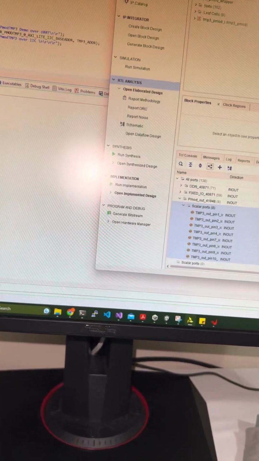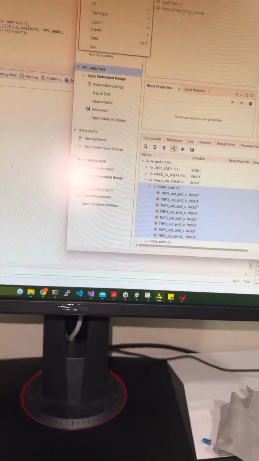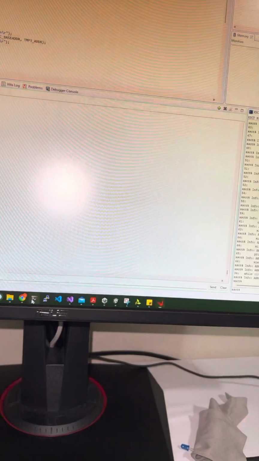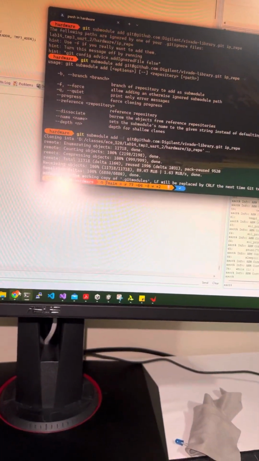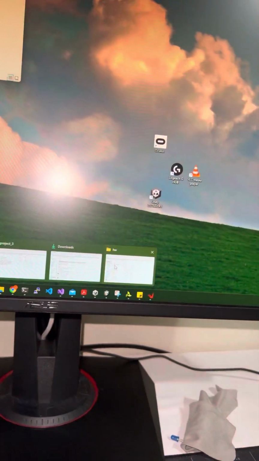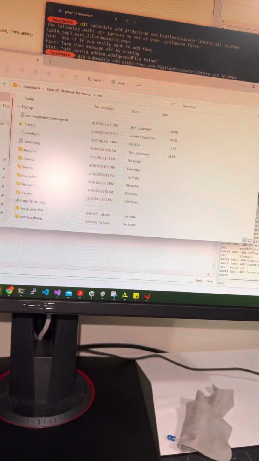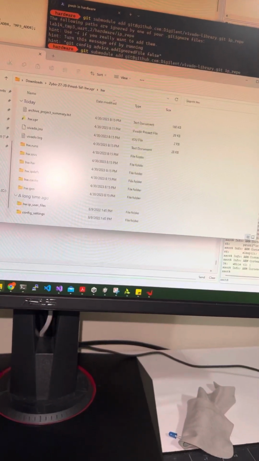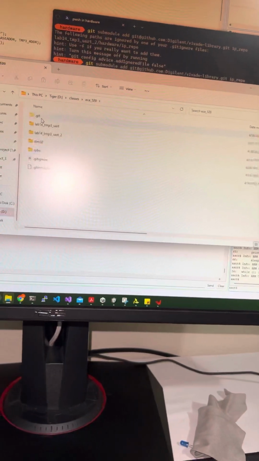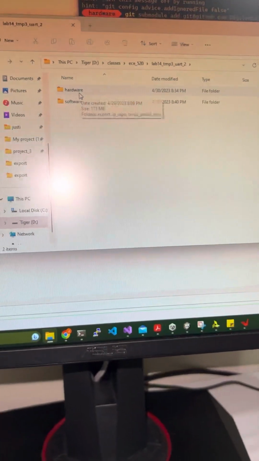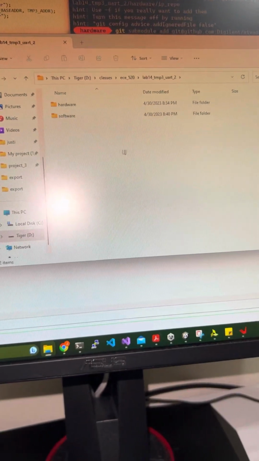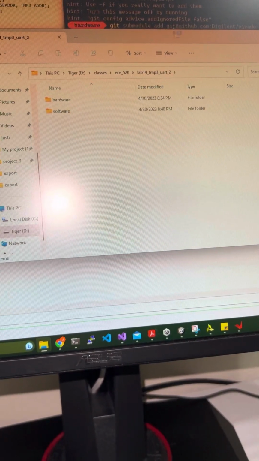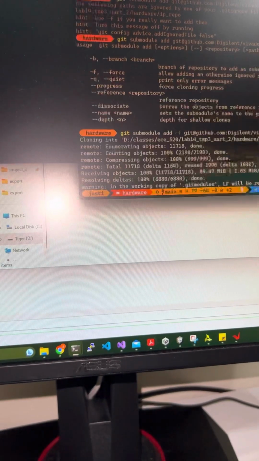So you export that and you put it into the software file, and then to take a look, right here I have it set up so I have the hardware and software, and actually I could open terminal here and